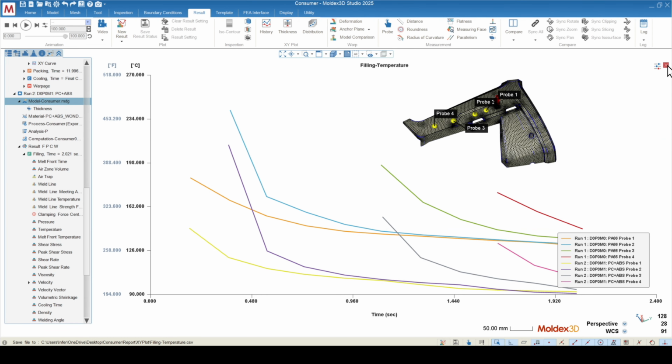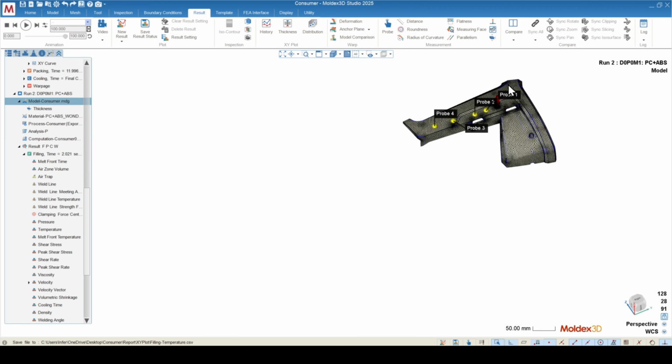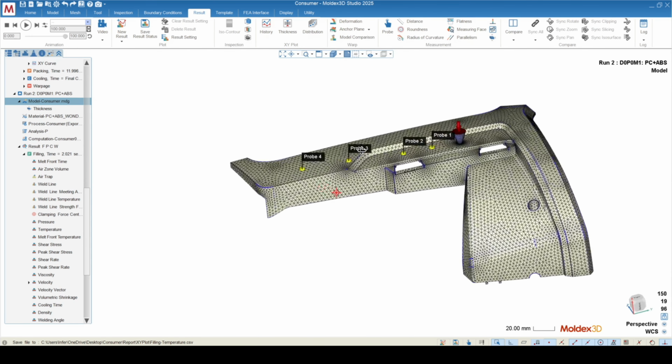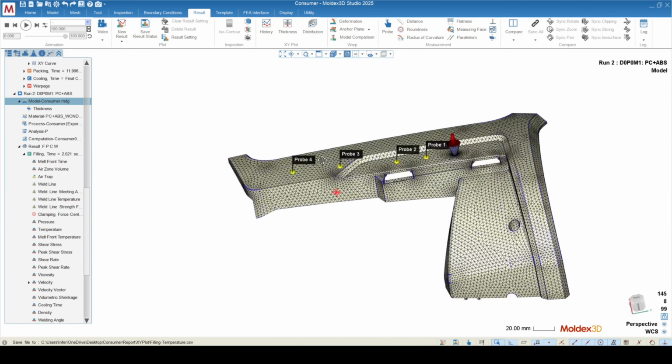Now, another bit of information that we can get is the thickness distribution. And this is particularly useful in 2 different aspects of molding. Now, theoretically,